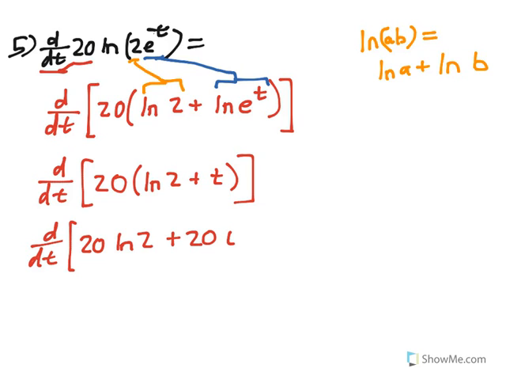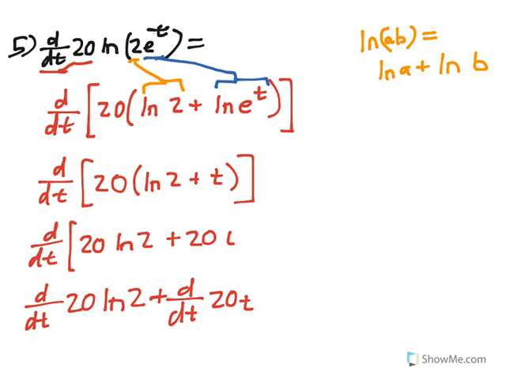So this becomes the derivative of 20 times the natural log of 2 plus the derivative of 20t. Well, looking at this part, 20 times natural log of 2, there's no t's in there. And that means that 20 times natural log of 2 is a constant, derivative of a constant is 0, so this whole part becomes 0. So all we're left with then, and I'm going to continue my work over here, is the derivative